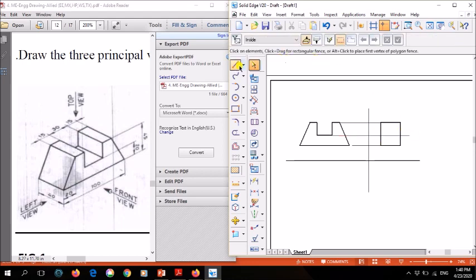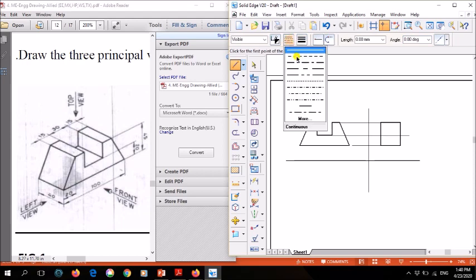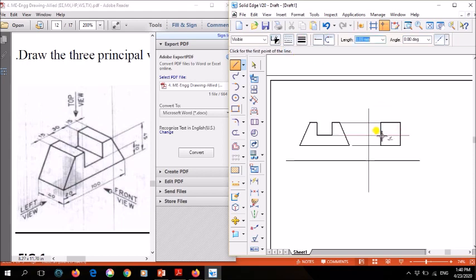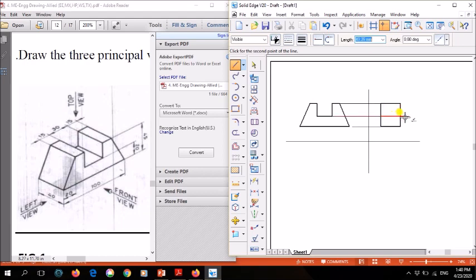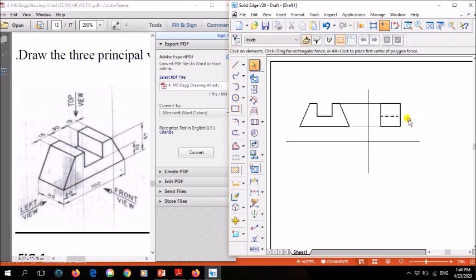Now using a dotted line, I'll draw a line from here to here. If you want to delete this projection, you can delete it. Whatever this cut section is, I have shown it using a dotted line. Clear? Since it is not visible in the left view, whatever sections are not visible can be shown using a dotted line. So this dotted line represents that there is a cut at the center here, like this.